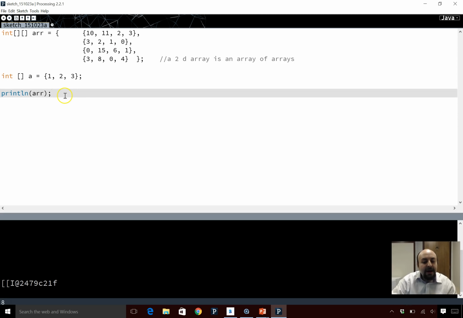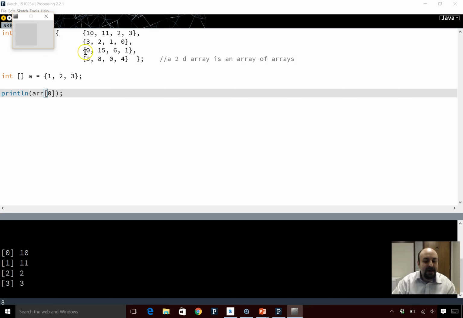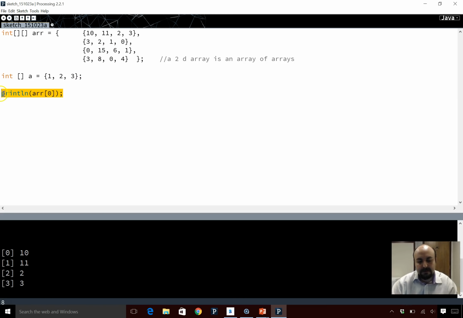So in here, if I want to say, okay, well, print out your first array, then it works nicely. Then it prints out 10, 11, 2, and 3. So it prints out that nicely, but it doesn't print the whole thing. What if you wanted to print the whole thing? Well, then you have to do it the old-fashioned way, using nested loops,